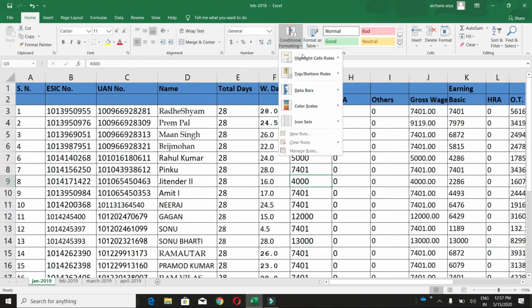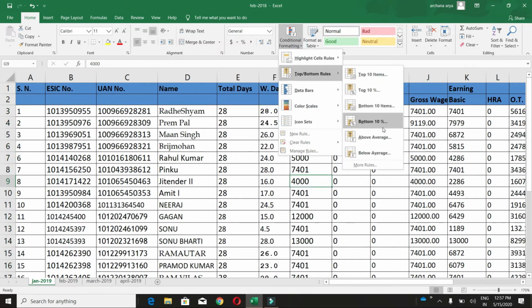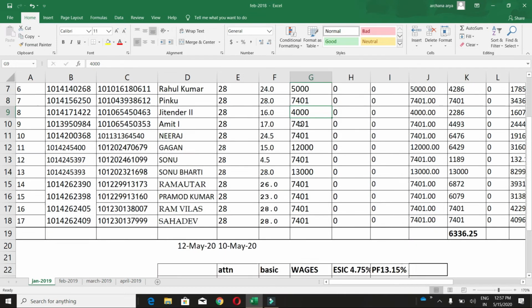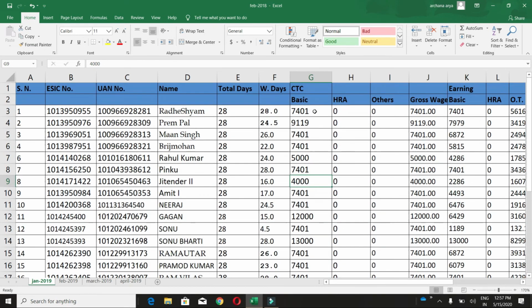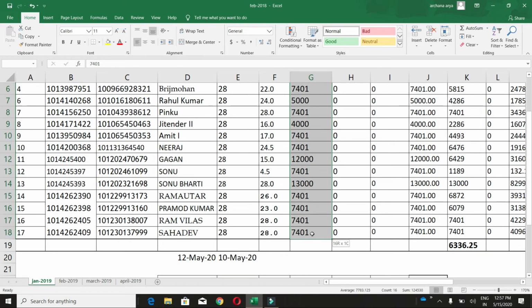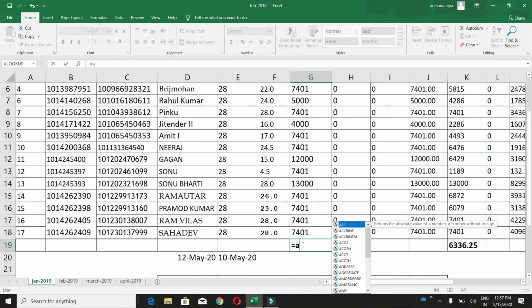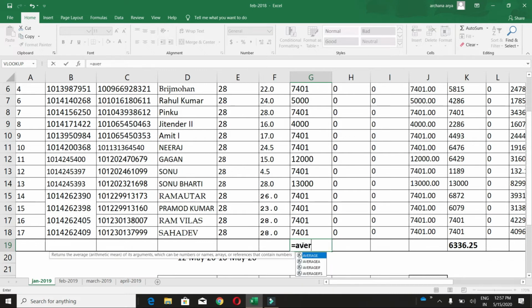Now let's see what the next option is here. Above average. Fine guys, this is the above average. For this option, first I will apply a formula here: average.